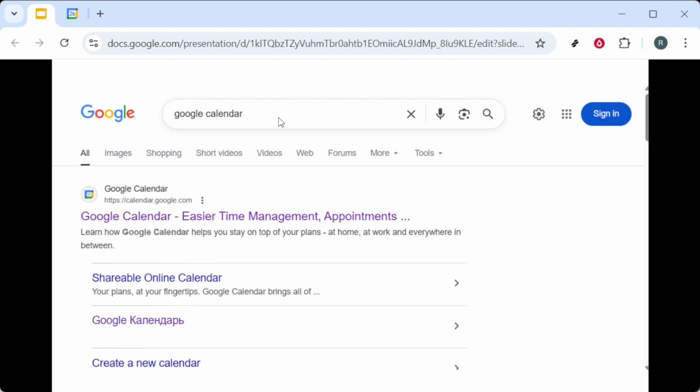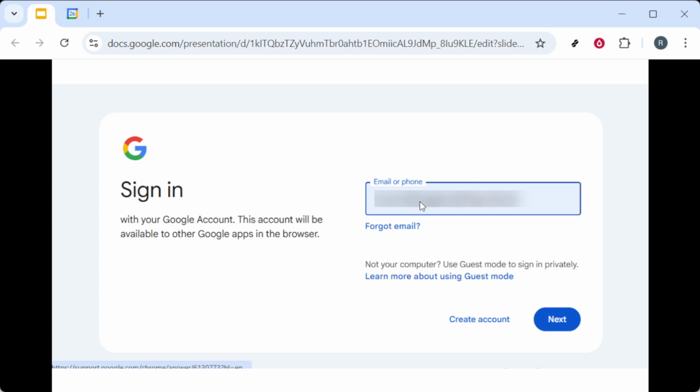Let's get started. First, you'll want to open your browser and navigate to the Google Calendar website. If you haven't bookmarked it already, simply search for Google Calendar and click on the first result that appears. Once the site loads up, you might be prompted to sign in, especially if you aren't logged into your Google